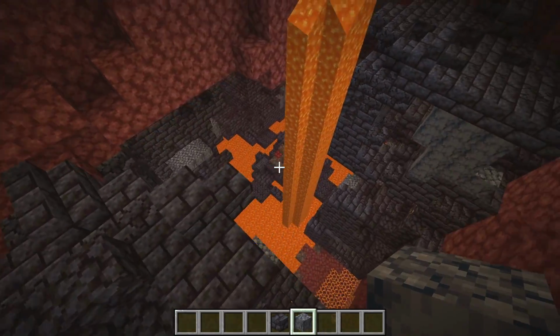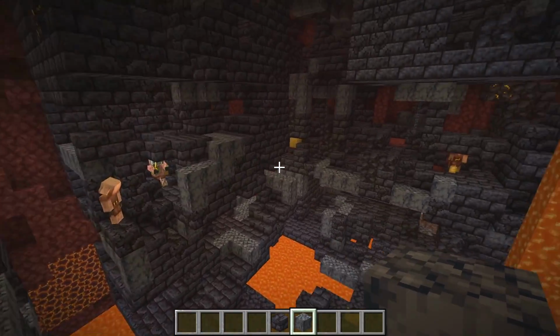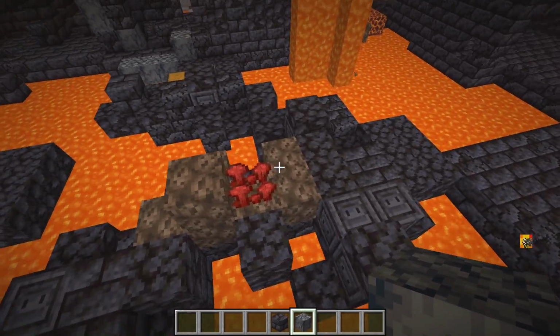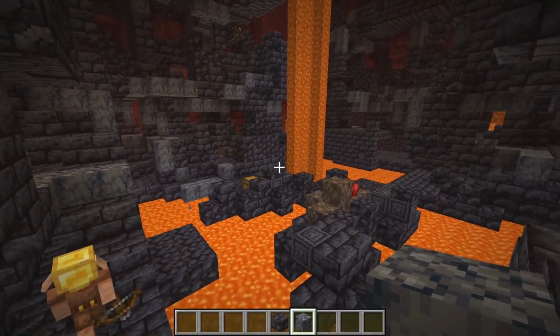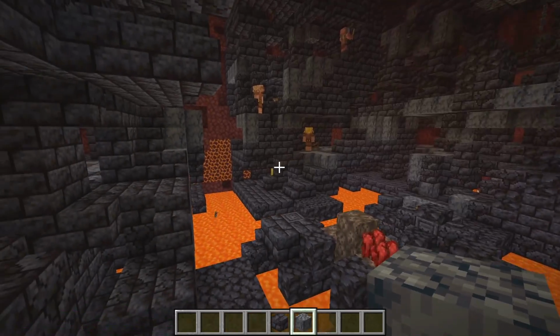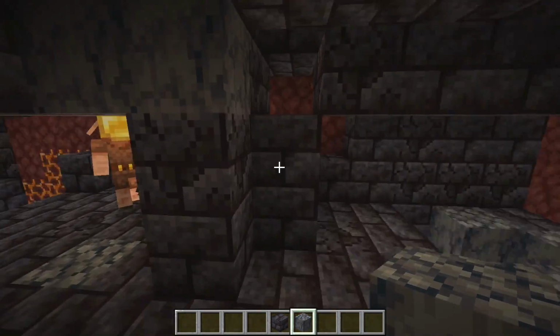But these Bastion Remnants are also awesome because there are multiple types of Bastion Remnants. So this is just one type here, just so happens to have some nether wart in the middle here, but you can find some with piles of gold in the middle. There's some with magma spawners inside of them, which is the first new Minecraft mob spawner since the age of the dinosaurs, essentially. And these Bastion Remnants have a bunch of different nooks and crannies you can explore with gold